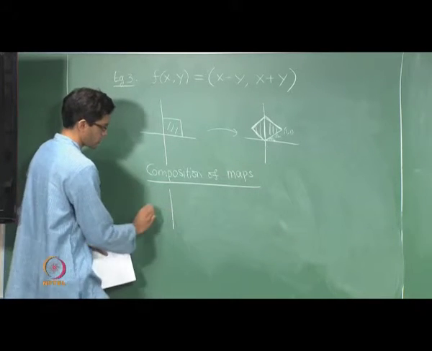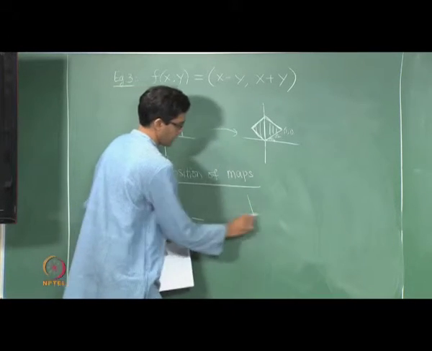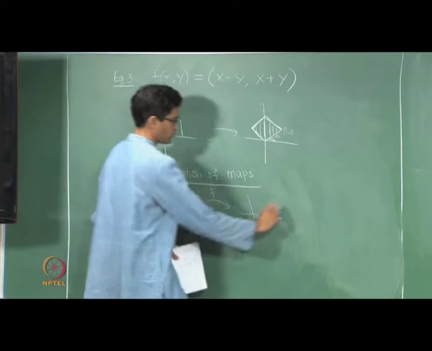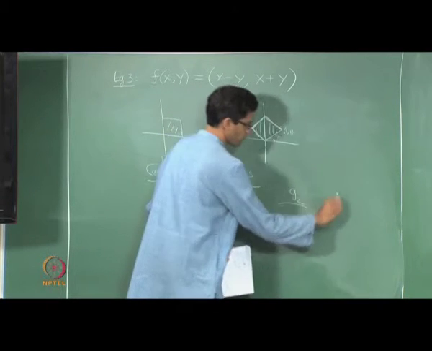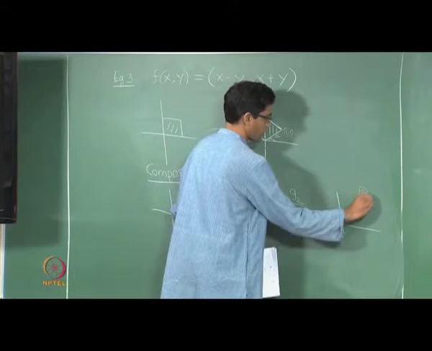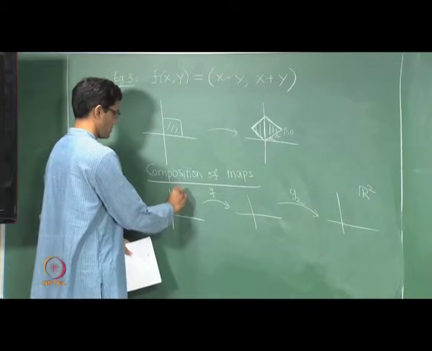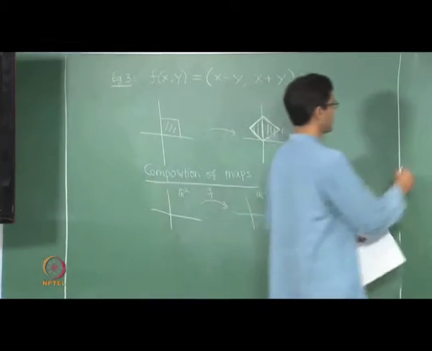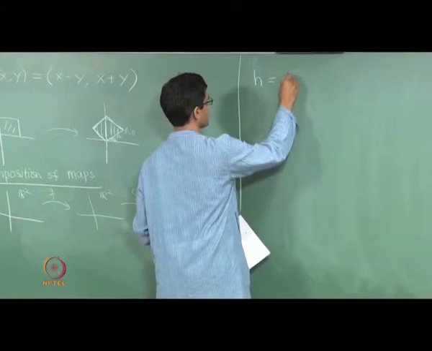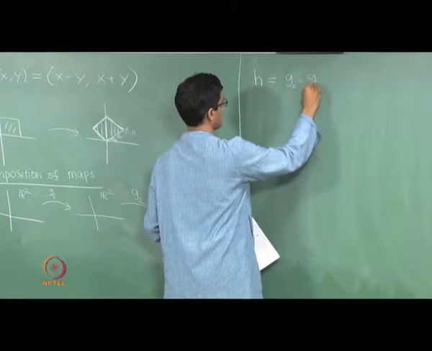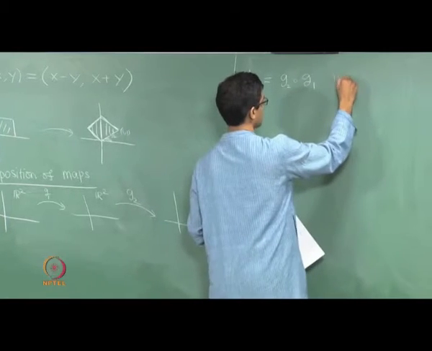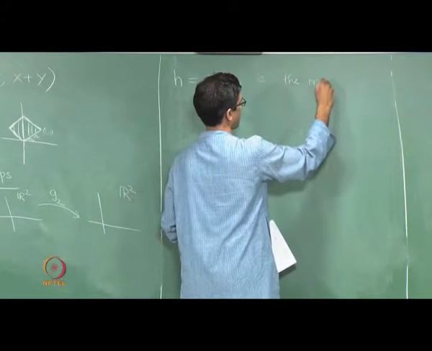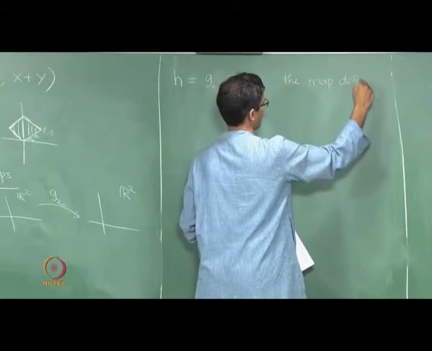So, recall what composition of functions meant. Suppose I have functions, let us call it g1, a function from R2 to R2, and another function g2 from R2 to R2. Then their composition, g2 composition g1, let us define H to be g2 composition g1. So, what is this? This is the map which is defined by,